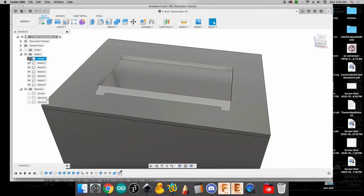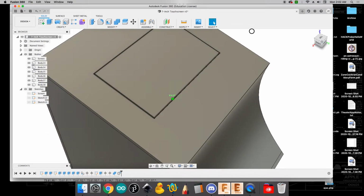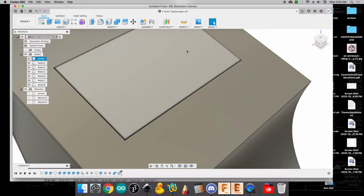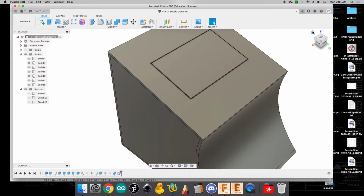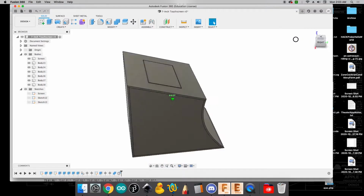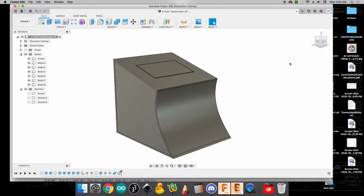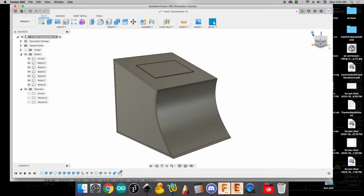And so now if I bring the screen in and I look, I should see that there's a little bit of wiggle room along the edges, and that looks okay. And that'll be important when we're cutting this so that it comes in and has enough wiggle room to fit in without having to jam the screen through. Okay, so at this point, this is looking pretty good. Doesn't really look much like our kiosks will, so let's go ahead and think about the overall appearance of this,